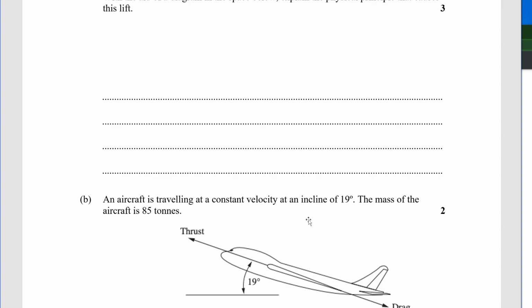You could talk about other aspects. We've talked about how we generate lift, and we've talked about how it's really quite complicated. There's conservation of mass, energy, and momentum. But if you just write conservation of mass, energy, and momentum on its own, I can only give you 1 mark. I can't give you full marks unless you build up to that by explaining that because the air is